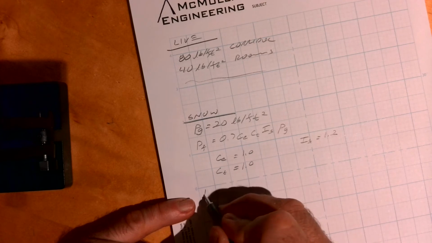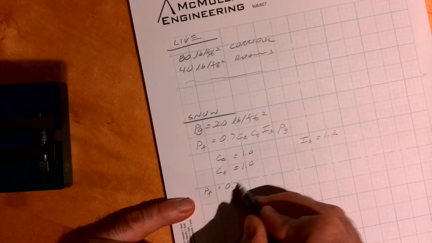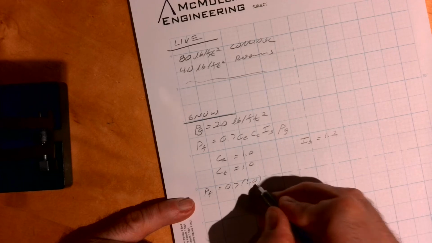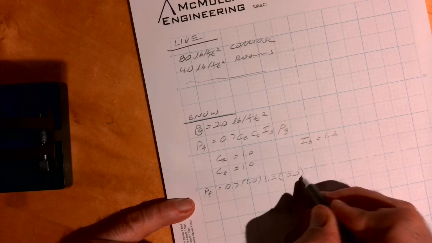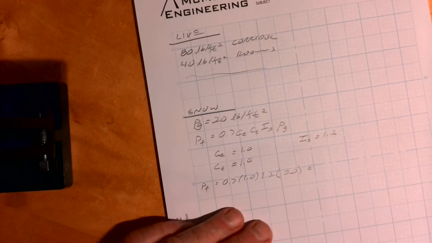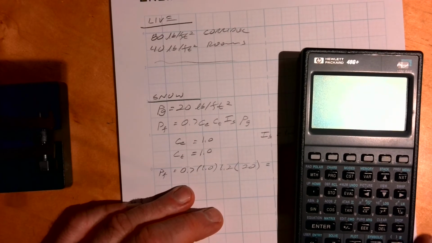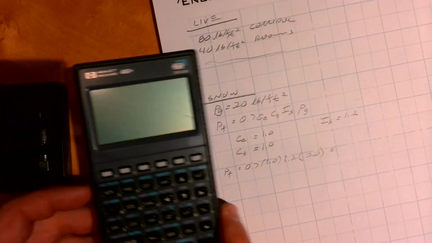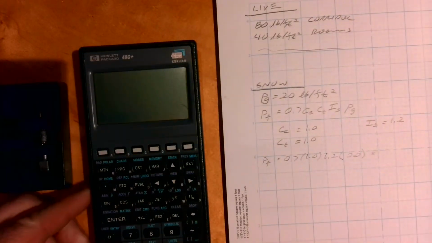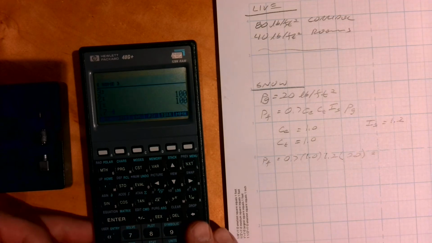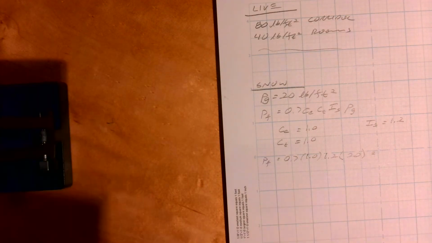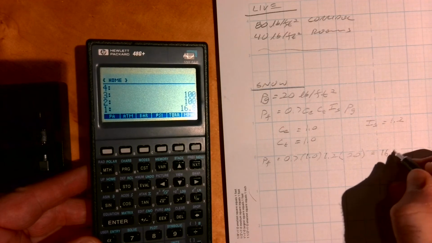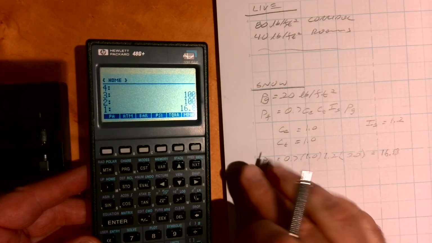All right, so with that information, I can just put this all together. And I'm going to write it all twice. 1.2, Pg is 20. And we'll do that really quickly here. Let's see if I can put this where you can see it. 0.7. That's kind of hard to see. There we go. 0.7 times 1.0 times 1.0 times 1.2 times 20. It's like there's a dog hair. 16.8